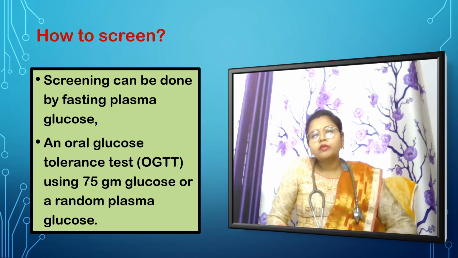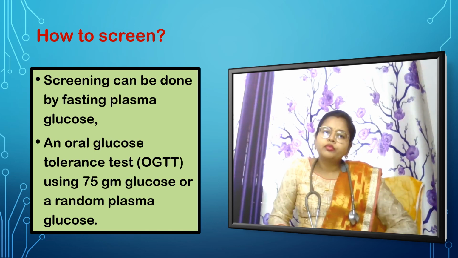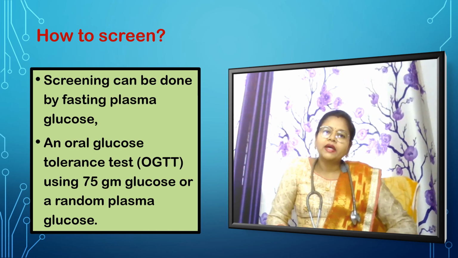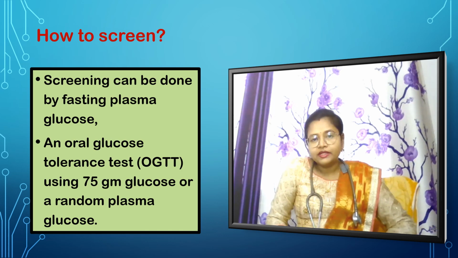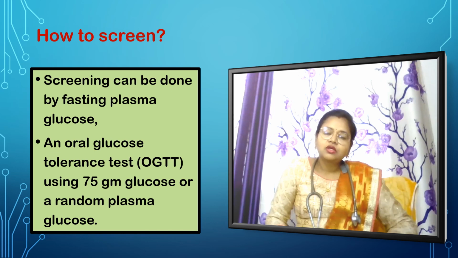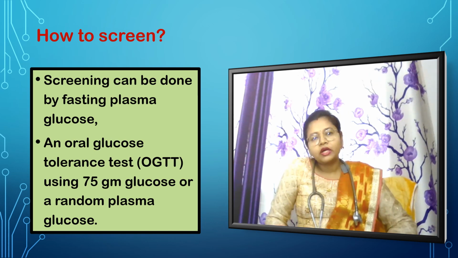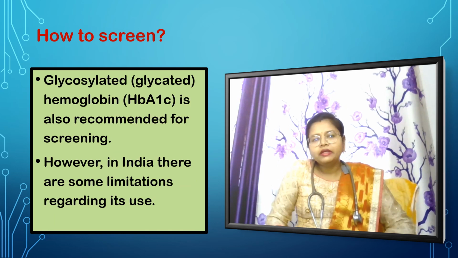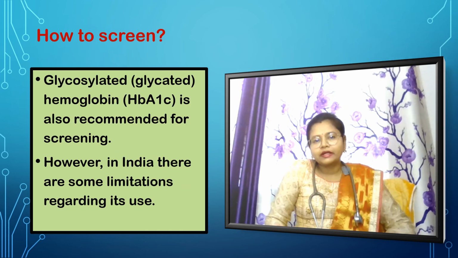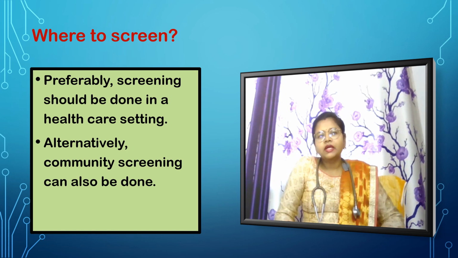Now, we will know about how to screen for type 2 diabetes mellitus. Screening is done by fasting blood sugar testing, OGTT or oral glucose tolerance test, random blood sugar test, and glycated hemoglobin or HbA1c. However, in India, there are some limitations regarding this use. Screening for type 2 diabetes mellitus preferably should be done at a healthcare setting, but alternatively, community screening can also be